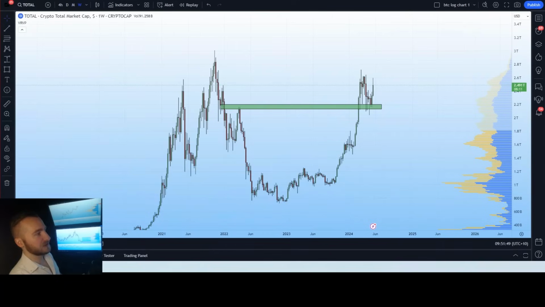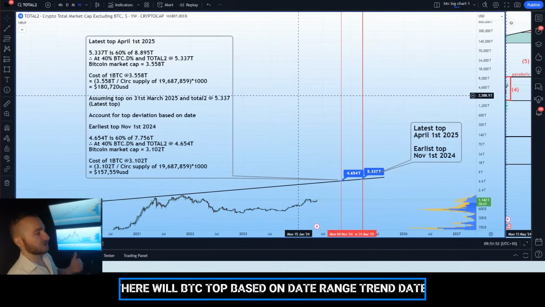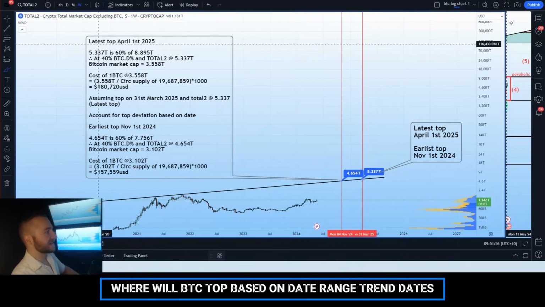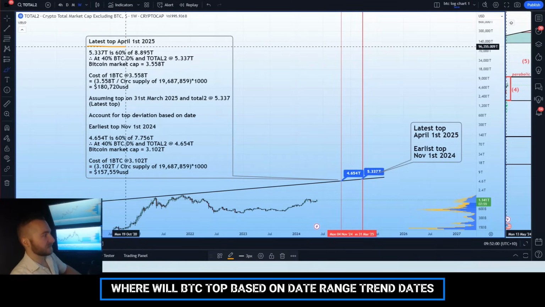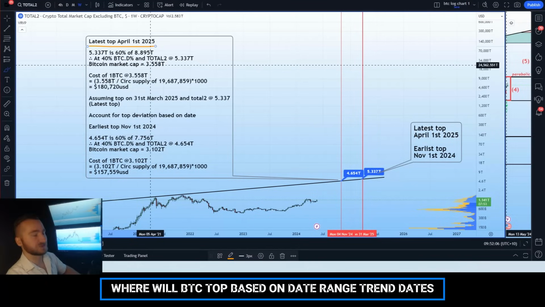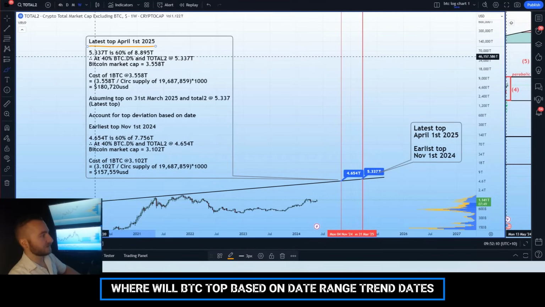So to do this, we need to move to the total 2 market cap. So we've gone ahead and analyzed it over here. We've written up this little bit of data over here. What we can see is we'll go off our latest top first. So our latest top is expected to be in March, April 2025. Okay, for the end of March 2025, so we just took the 1st of April 2025, at a 5.337